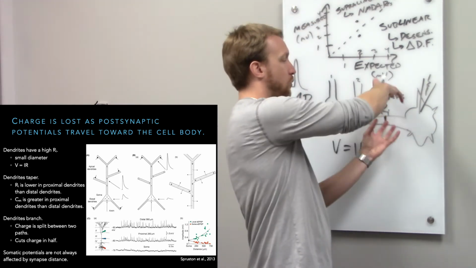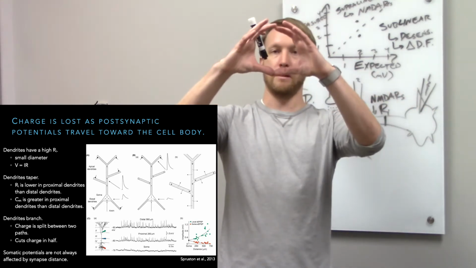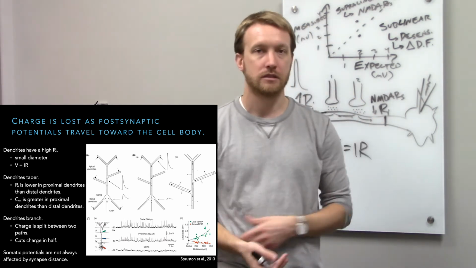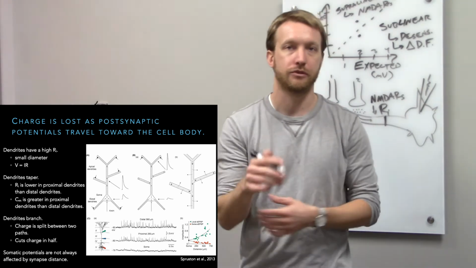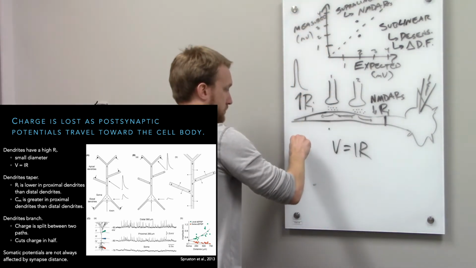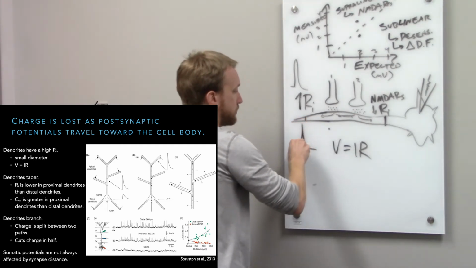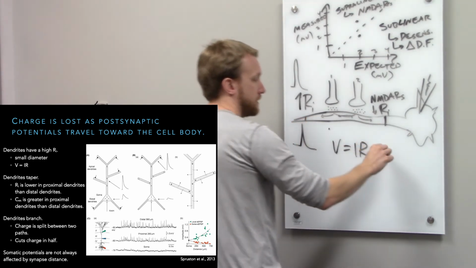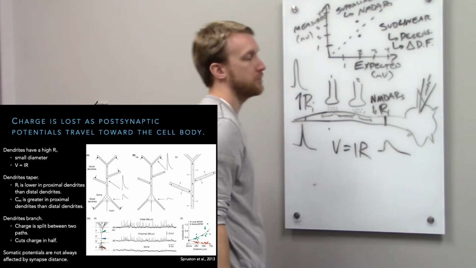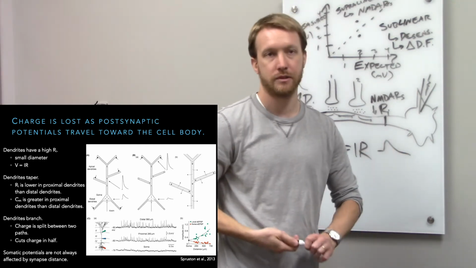So as we have wider dendrites, there's more membrane than in thinner dendrites. As such, the time constant is going to change a little bit. So you're going to see taller and briefer spikes out here in the distal dendrites compared to the more proximal dendrites. So they'll spread out a little bit more because of a subtle change in tau,